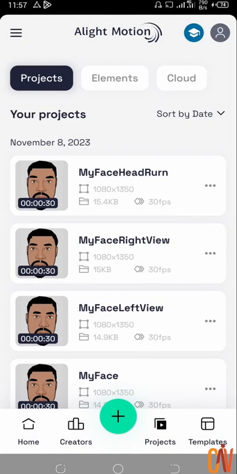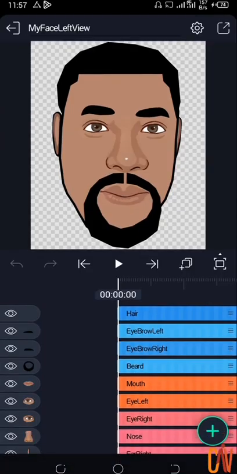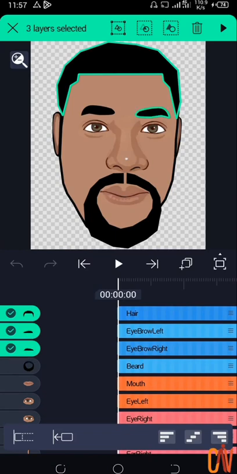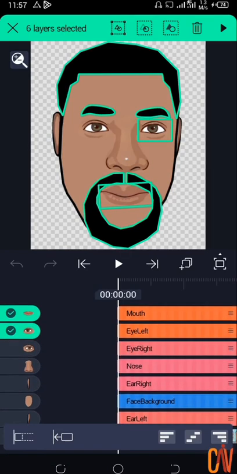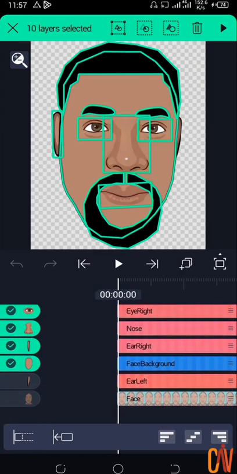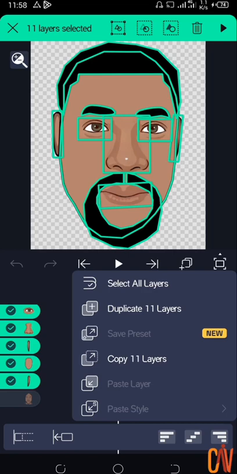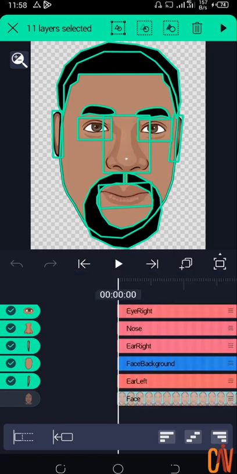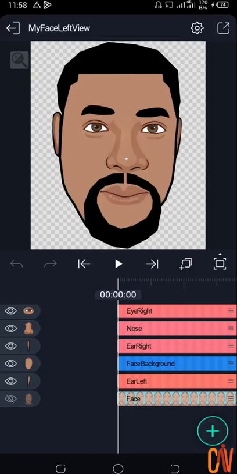So you have my head tone. Okay, now I'll go to my face left view first. Tap on my face left view. Now select all the layers here. 1, 2, 3, 4, 5, 6, 7, 8, 9, 10, 11. Instead of grouping now, this is what we do. You tap on this plus with two rectangles. Instead of duplicating layers, you now say copy layer. So we've copied it. Once you copy it, just tap anywhere in between this point, then go back